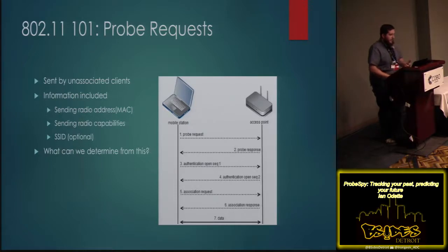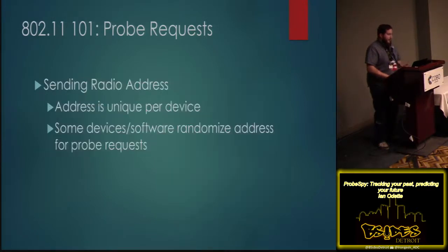So the information included in these packets are the MAC address of the sending radio, the sending radio's capabilities, the SSID as an optional field, and so just given those little pieces of information, what can we determine about the device? So the sending radio address field, generally speaking, would be the burnt-in MAC address of the device. So if it was the case that the device wasn't attempting to obfuscate its own MAC address, we would be